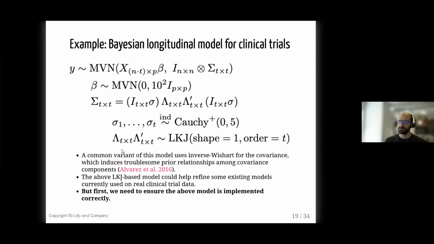And so I've convinced my group that we should be trying to get away from that and to use something that has fewer biases for these components in a covariance matrix.